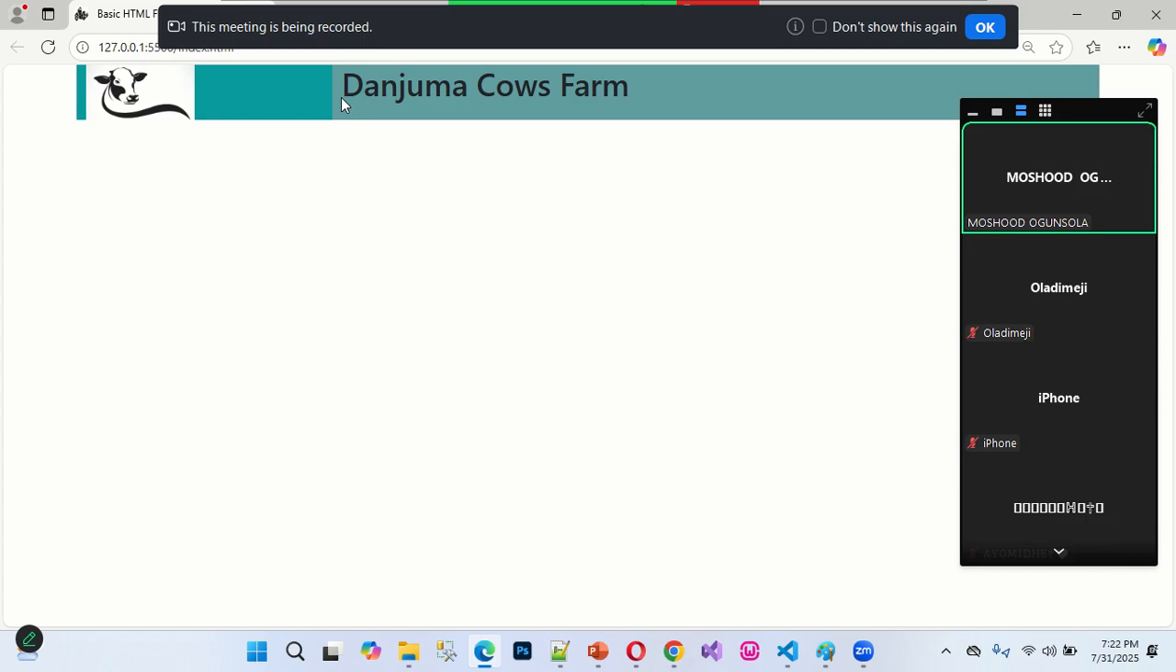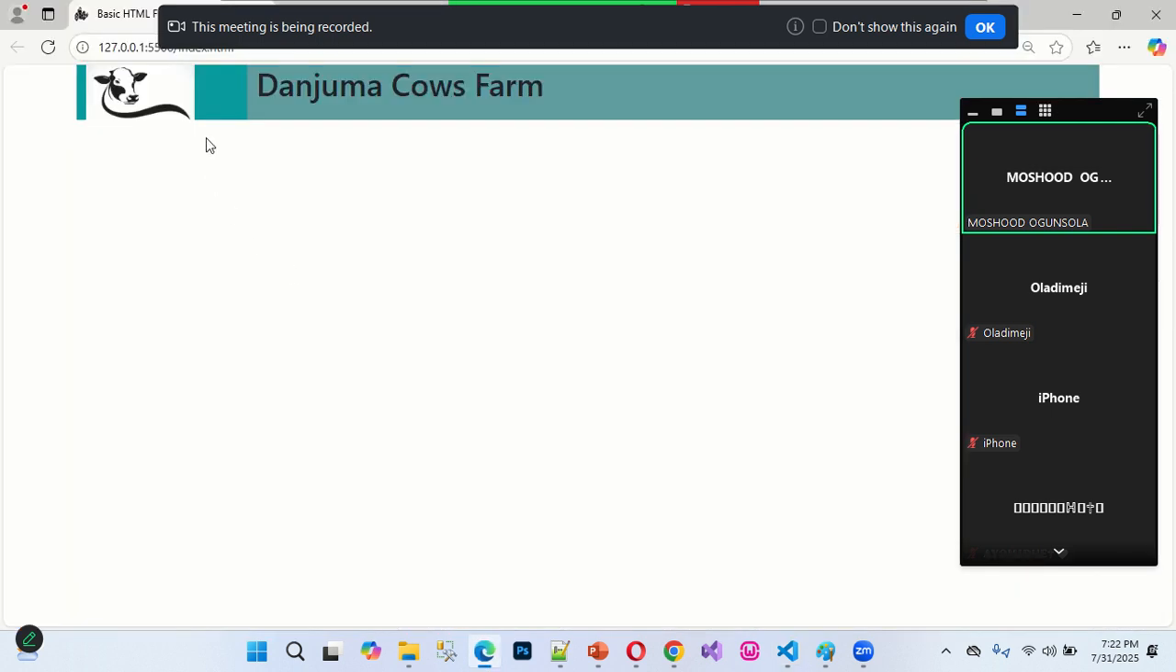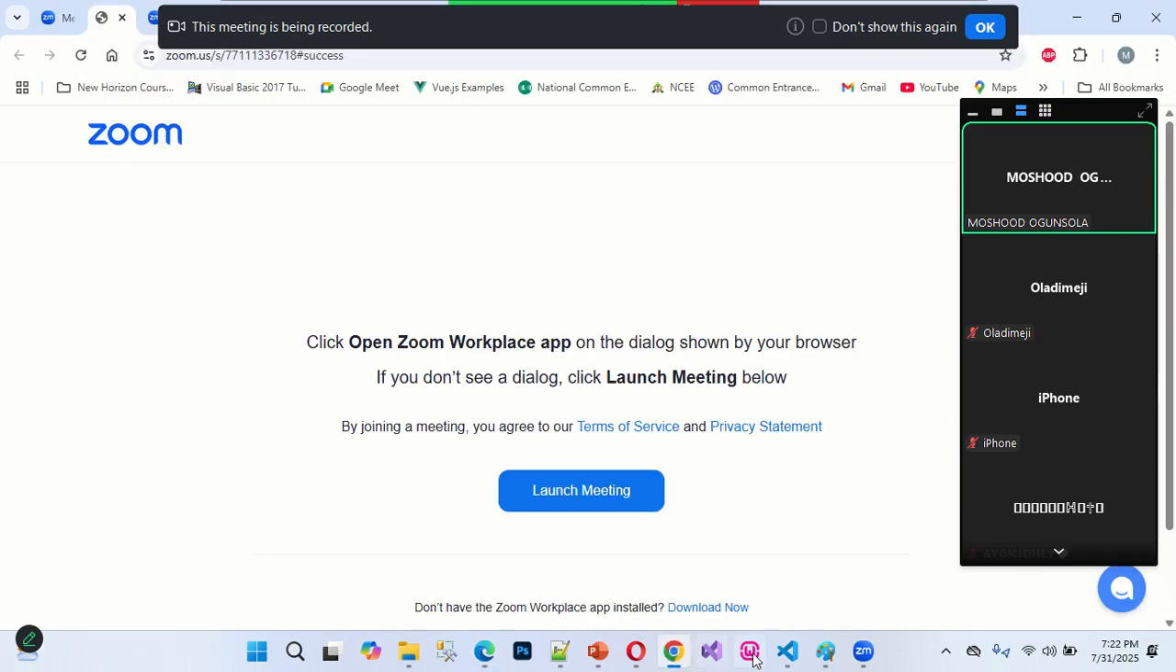If I want this particular picture to get close to this, I can adjust that particular column by turning this one to 2 and this one becomes 10. That means it still reduces more again. Can you see again? So that is one way of using this particular bootstrap